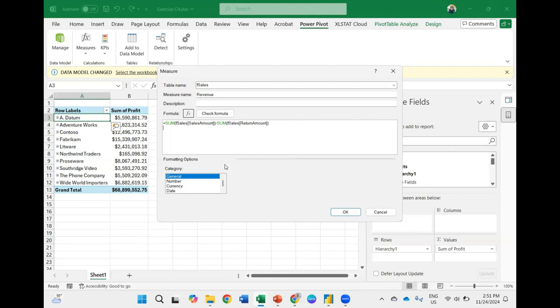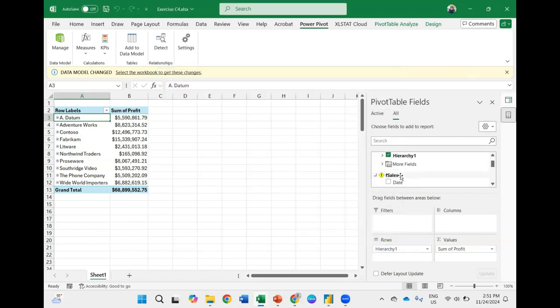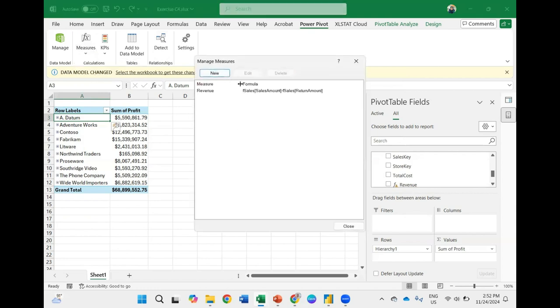Enter. Currency, and click OK. Then we go to sales revenue here. Manage measures, and edit this one.